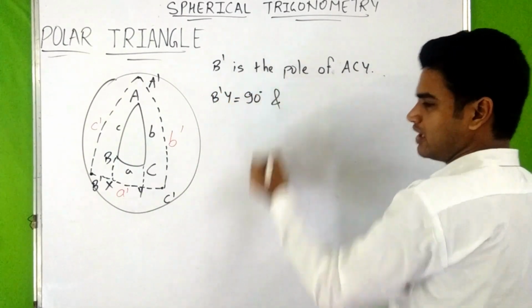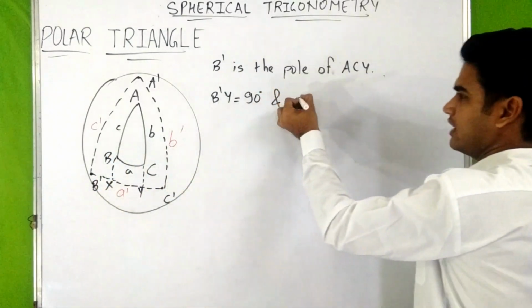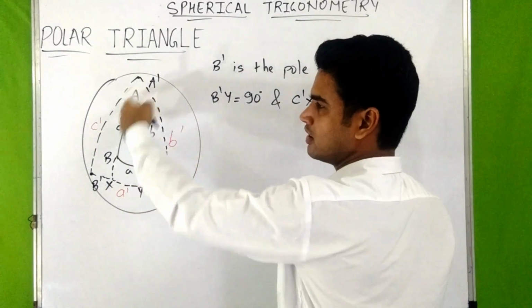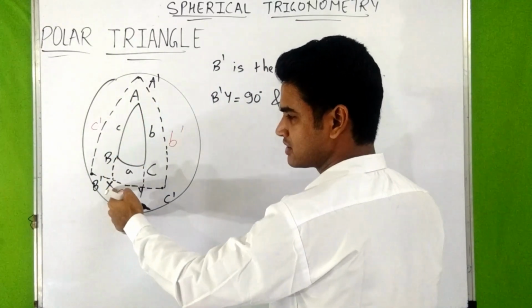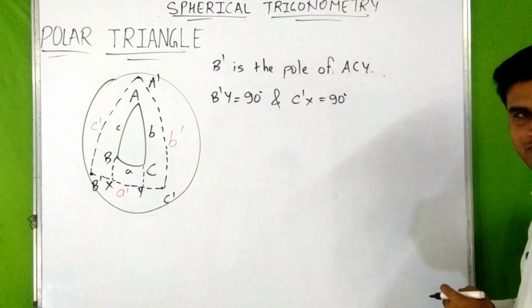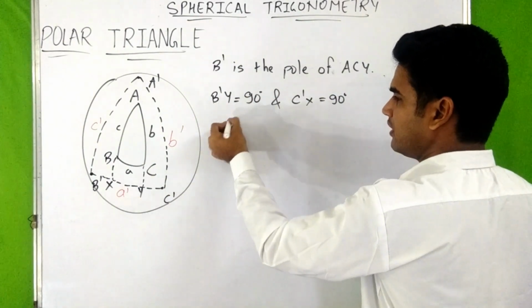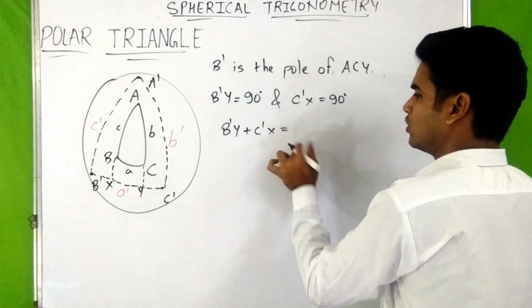And similarly, this side C dash x can be written as 90 degree, because similarly C dash is the pole of the arc ABX, so we can say that C dash x is 90 degree. Now if we add these two, we will get B dash y plus C dash x is equals to 180